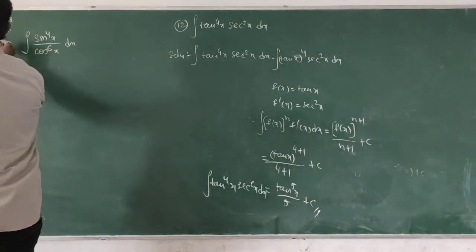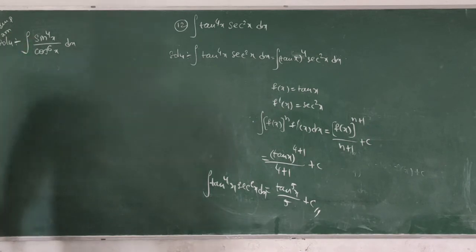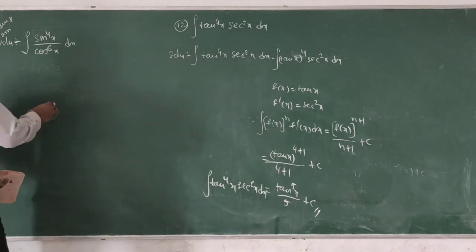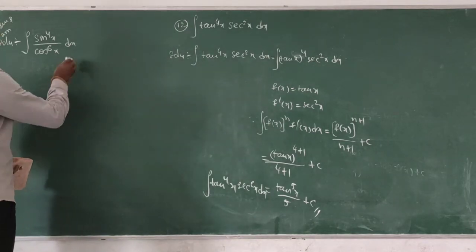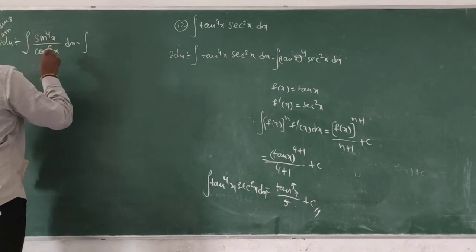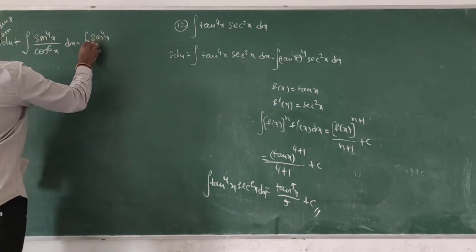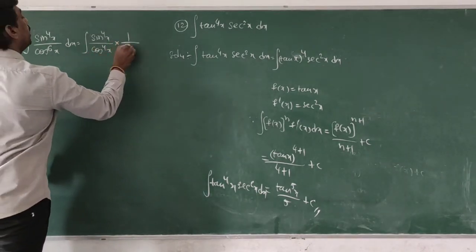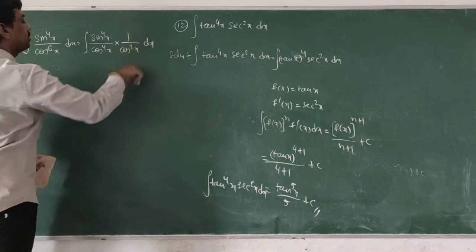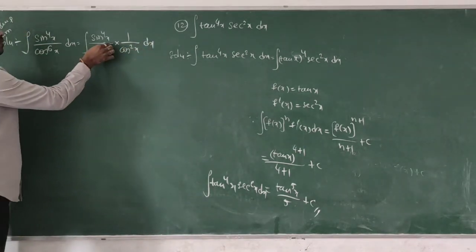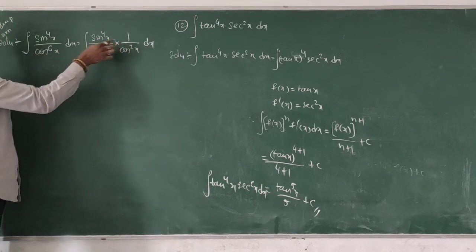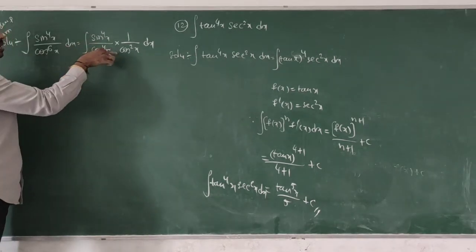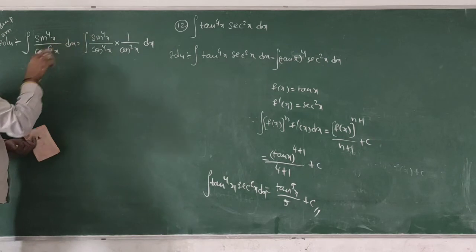13th problem. In the solution, write down the given problem as this. Do we have a direct formula for this one? No. That's why we need to change it into the form in which we have the formulas. So sin power 4 x by cos power 6 x can be written as sin power 4 x by cos power 4 x into 1 by cos square x, or not? Just verify once. Yes, cos power 4 into cos square x gives cos power 6, since a power m into a power n is a power m plus n.